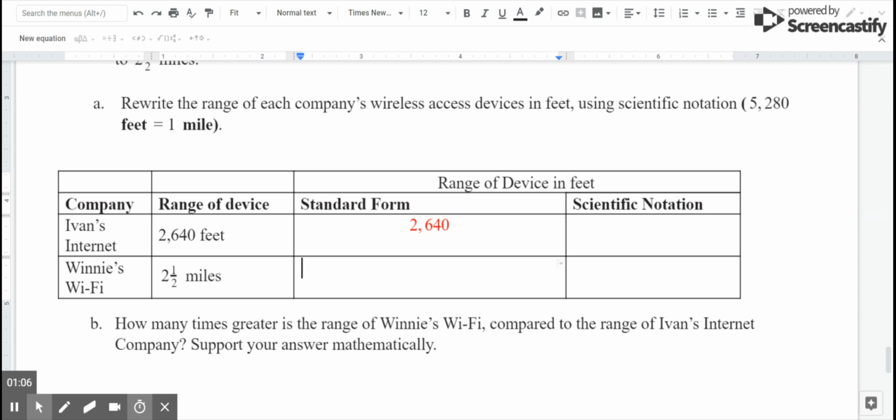Winnie's Wi-Fi, we do need to convert to feet. It is currently given to us in miles. So I know that Winnie's Wi-Fi is 2.5 miles. So to convert that to feet, I'm going to take 2.5 times the number of feet per mile, which is 5,280 feet per mile. So that gives me